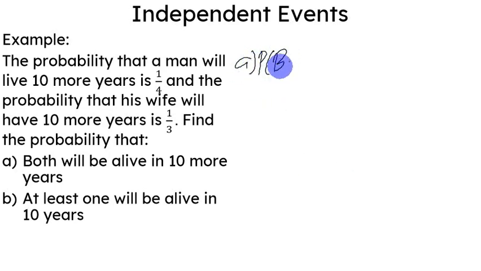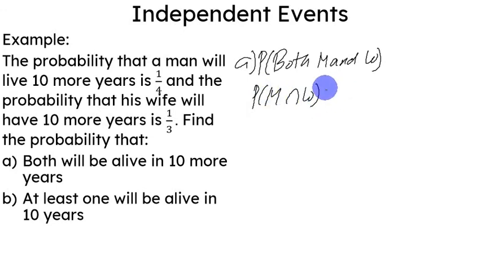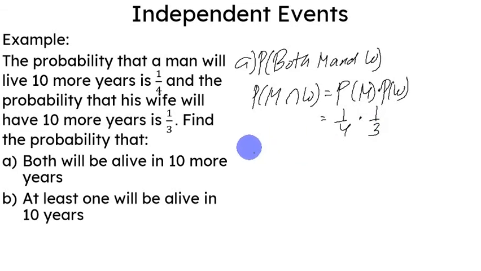That's simply the probability of the man and the probability of the woman, which by our independent events formula would be the probability of the man times the probability of the woman alive. The probability of the man being alive is 1/4, while the probability of his wife being alive is 1/3. So therefore, the probability that both of them will be alive in 10 more years is 1 out of 12, or around